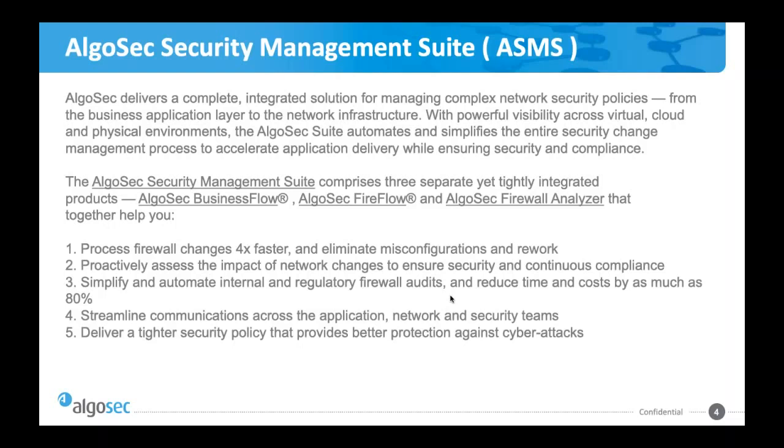The first module is called AlgoSec Firewall Analyzer. The second one is called AlgoSec FireFlow, and the third one is called AlgoSec BusinessFlow. The AlgoSec Security Management Suite helps you by processing firewall changes 4 times faster and also ensures that there is